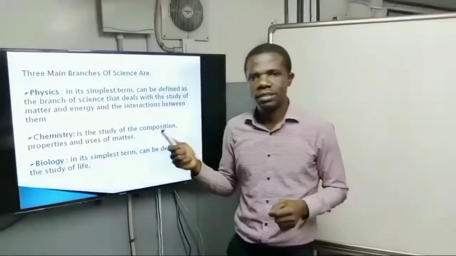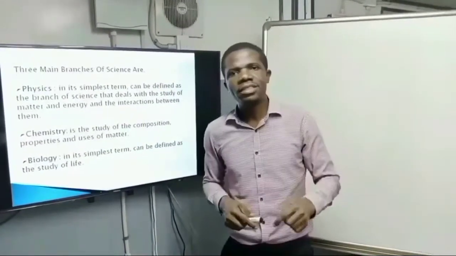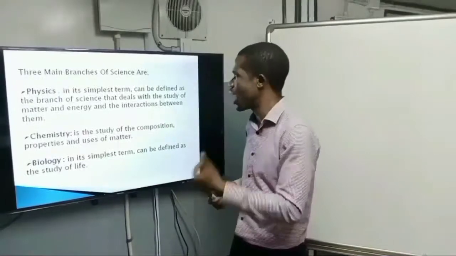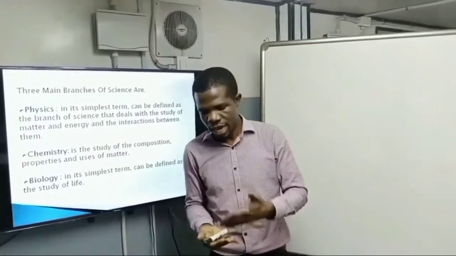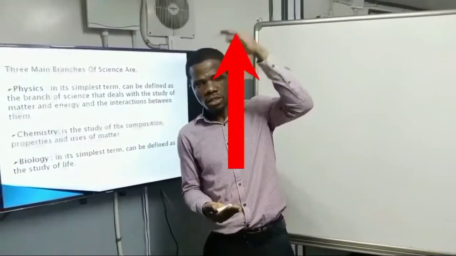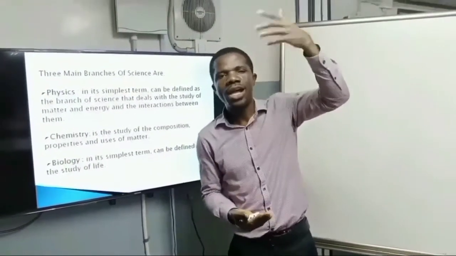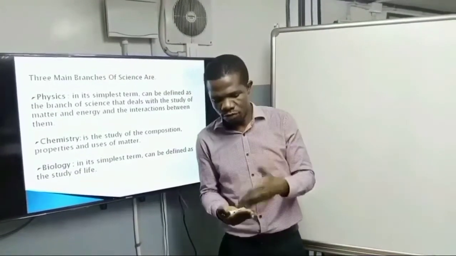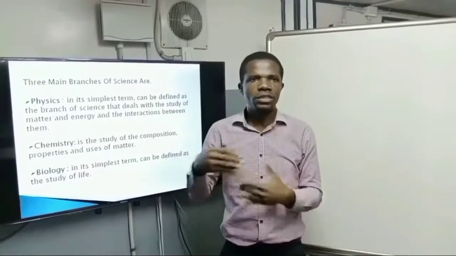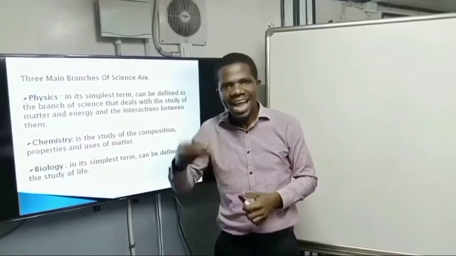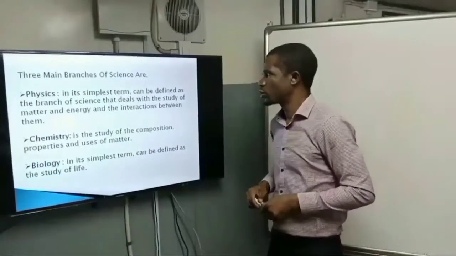But if you give this to a physicist, he may not be too concerned about the properties and the composition. The physicist is much more concerned about the motion and the energy. So, for example, if I throw this up, how many seconds did it take in leaving my hand and reaching the point it went to in the air? Why did it stop at that particular point? Why did it not continue in the air? What energy was expended in moving from my hand to the point where it got to in the air? So this is what physicists do. They are much more concerned about the energy and the motion of objects or things around us.